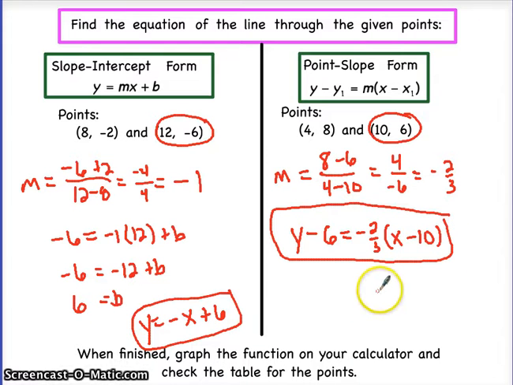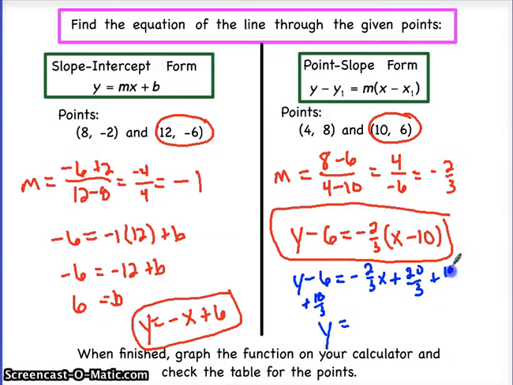You could also convert this very quickly to slope-intercept form if you really wanted to. All you have to do is distribute your slope. So negative 2/3 x plus 20/3, and then add my 6 over to the other side. Realize that I'm going to have to do that in thirds, but 6 is the same thing as 18/3. So if I add 18/3 to both sides,